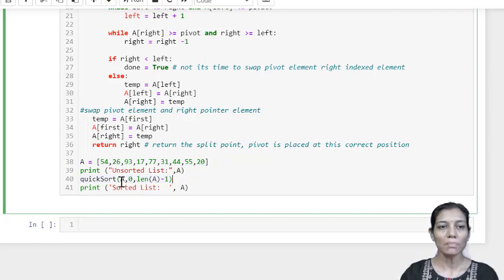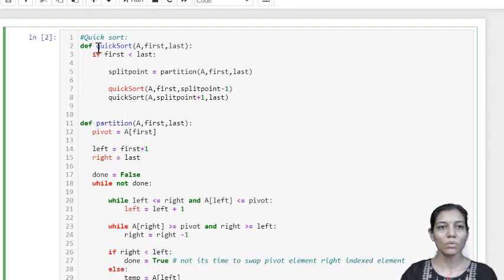This is the starting index, and this is the last element's index, found based on the length of the list. So we pass the unsorted list, the starting index and the last element's index to the quicksort method.